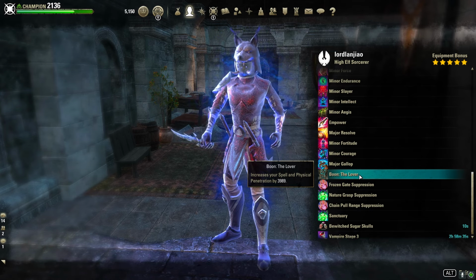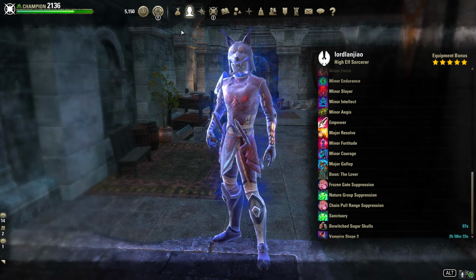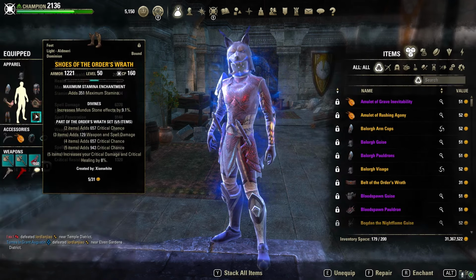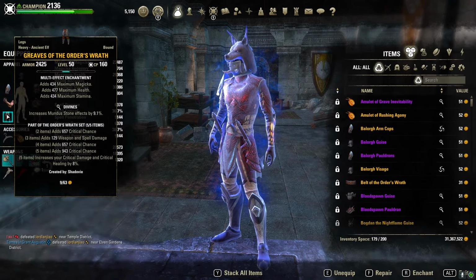And to add further to that, if we were to go back to my gear set and look, most of my gear set are divine. Okay, so I have divine in all except for 2 which are reinforced. And so with a 9.1% increment, basically I would reach pretty mouth-watering spell penetration of close to 10k,